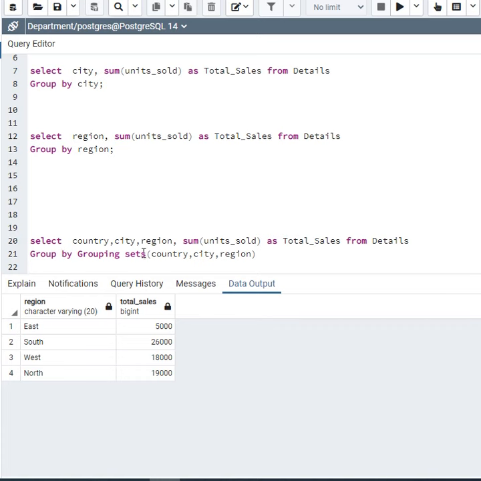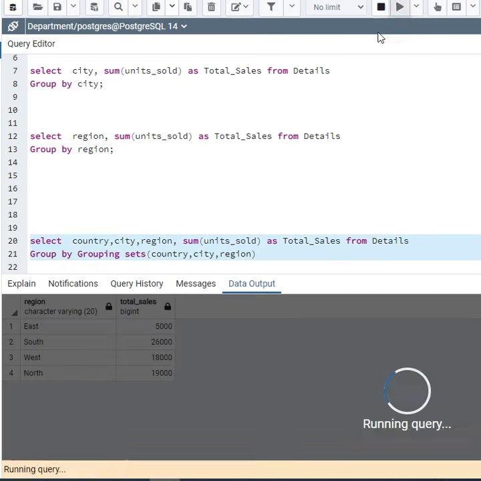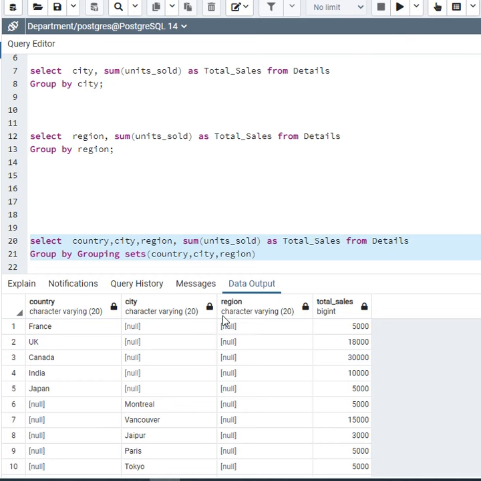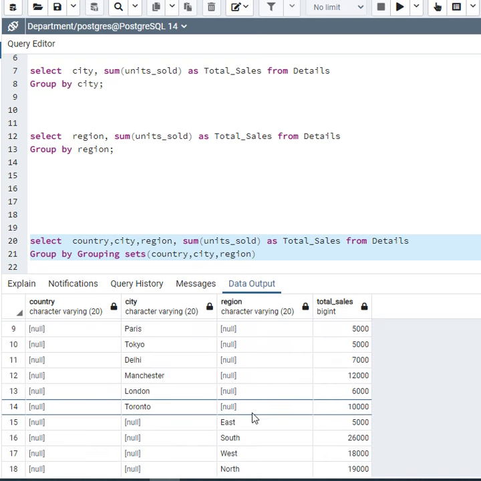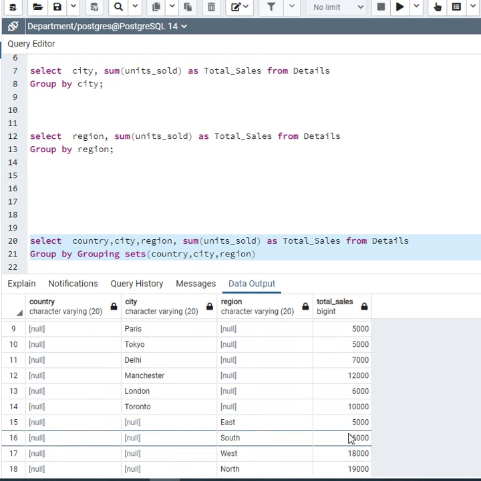I will use the grouping sets function and then write the column names country, city and region. If we execute this query, it shows me country wise total sales, then city wise total sales and region wise total sales.